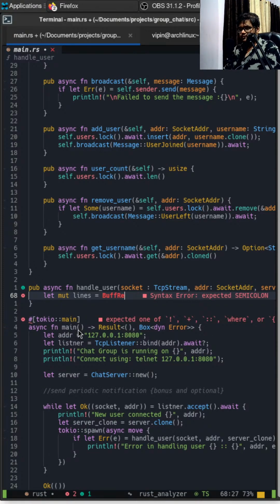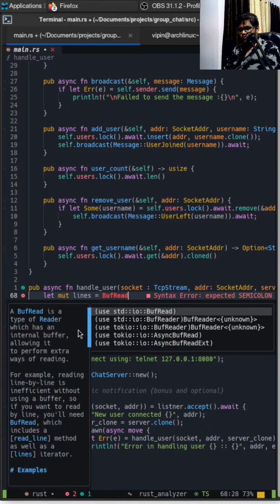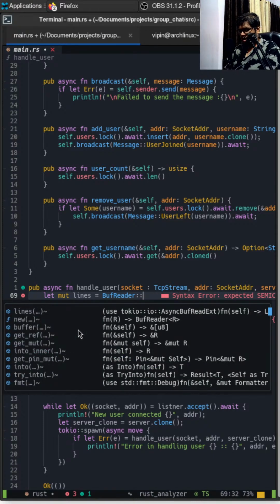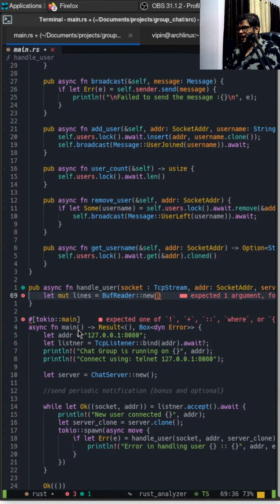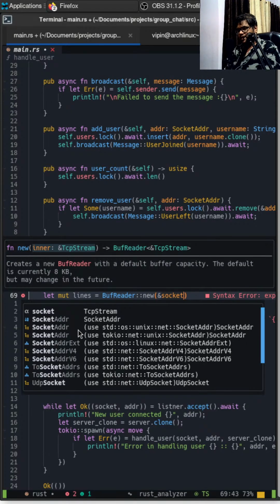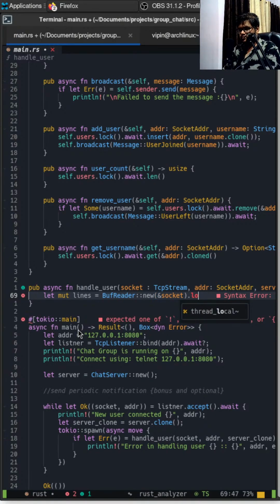So I'll say BufReader, and I'll assign new with the socket, a TCP stream over here, right? And if I do lines,